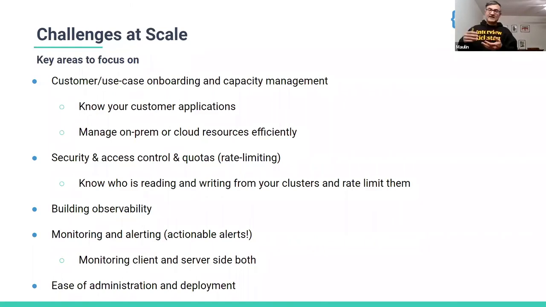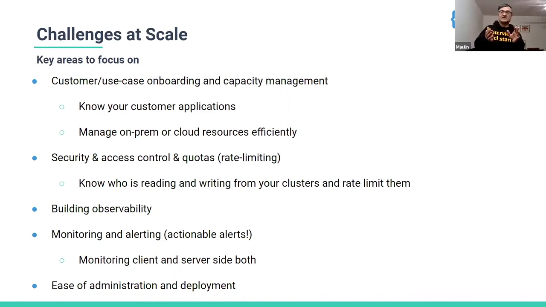If you are in cloud, the challenge is how you elastically maintain that capacity so that you don't pay a huge bill, and at the same time you don't lose processing. On-prem, there are different kinds of capacity challenges you need to consider. So you need to be careful in onboarding topics into your system, know your applications, and have an onboarding process where you really know who is doing what.